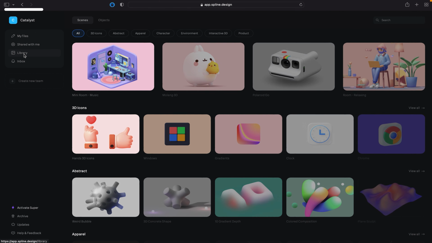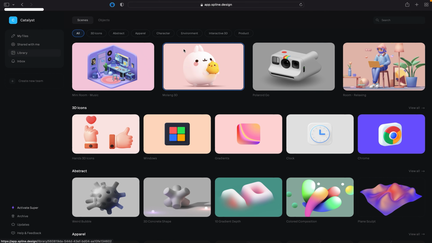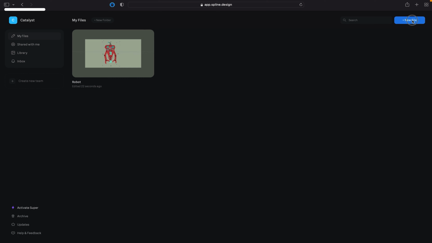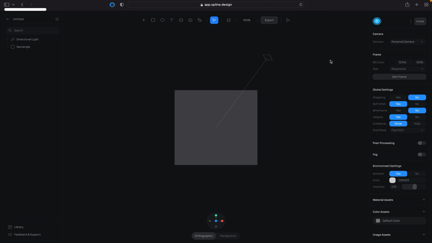When you first open it up, you're shown a library of assets or scenes that I've already created, or examples to get you started. I'm just going to go to my files and create a new file, like so. Here we go. And when you're greeted with a new scene, you basically just have a directional light and a rectangle. So if I click into the ether, into this black abyss here, you'll notice over here